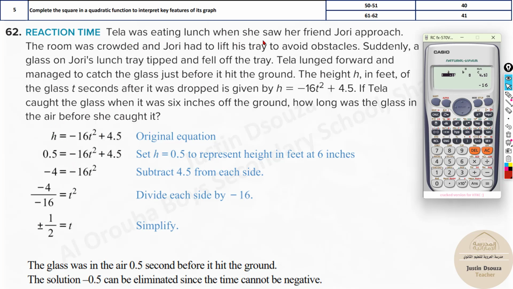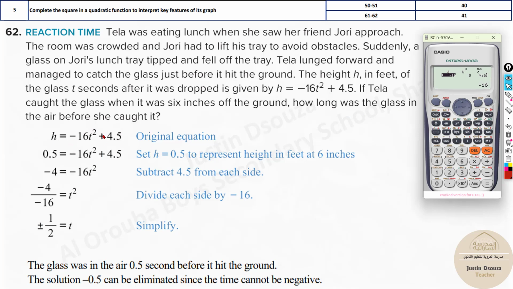Tela was eating lunch when she saw a friend, Jory, approach. The room was crowded and Jory had to lift his tray to avoid obstacles. Suddenly a glass on Jory's lunch tray tipped and fell off the tray. Tela lunged forward and managed to catch the glass just before it hit the ground. The height h in feet of the glass t seconds after it was dropped is given over here. If Tela caught the glass when it was 6 inches off the ground, how long was the glass in the air